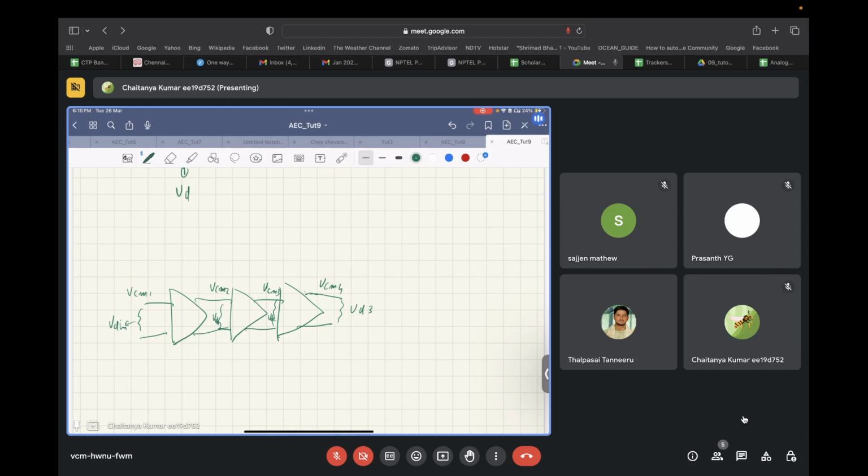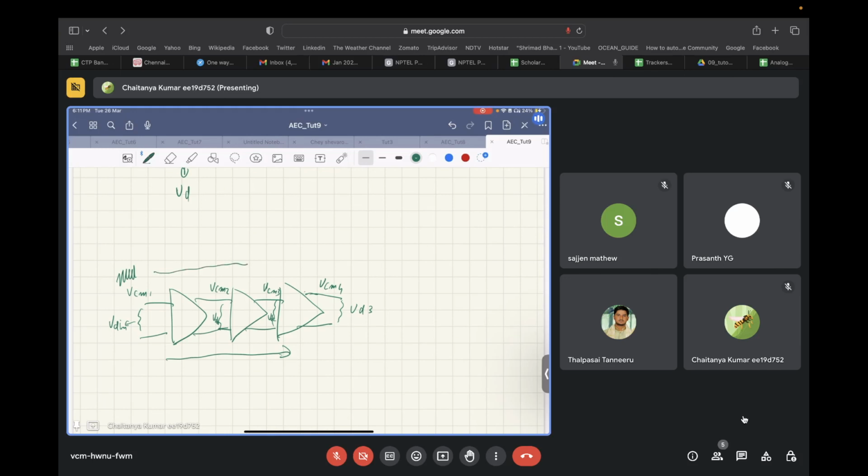Now, since all these devices are made of active components, and the common mode basically signifies the operating point of those active components, there is a certain range of common mode within which this particular circuit can work without problems, and it would not inject distortion of its own. So we need to make sure that going down the signal chain, if there is some disturbance in the input common mode,